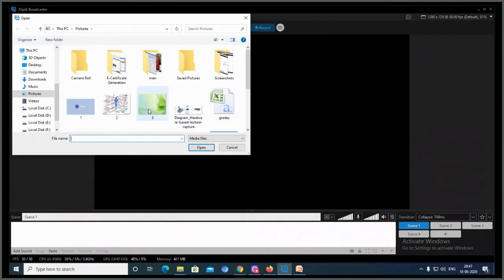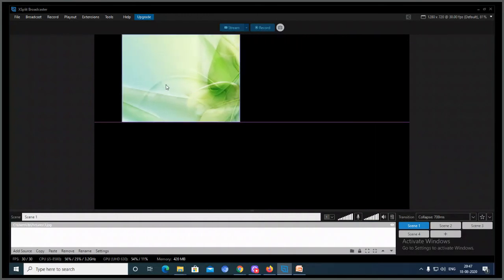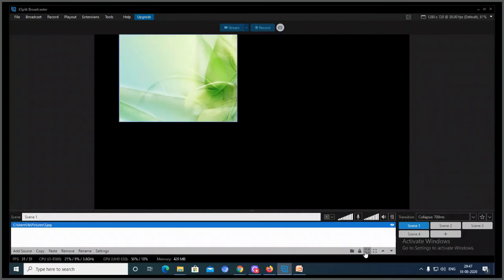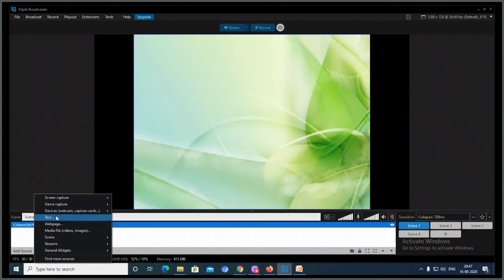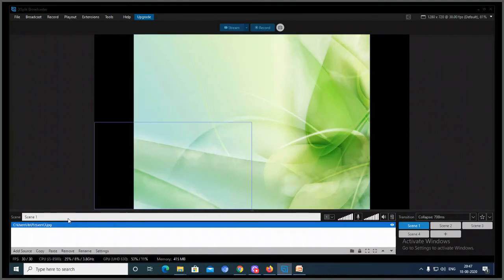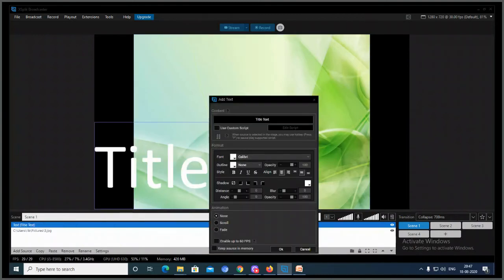Now I select image, and then here I am going to maximize. Then now go to add source. Here you will have the option called text. Just type here